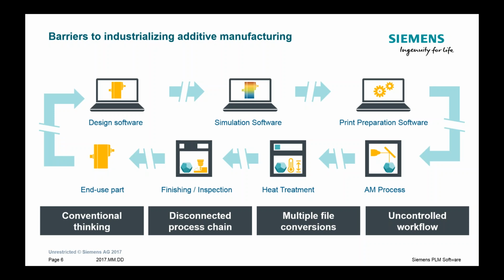All of this is, number one, a time drain, but number two, it also encourages errors in the process, and you lose data fidelity. Things like PMI don't carry across often in those translations, and it requires a lot of rework. So we see a lot of problems with this disconnected process chain, and one of the things we are driving